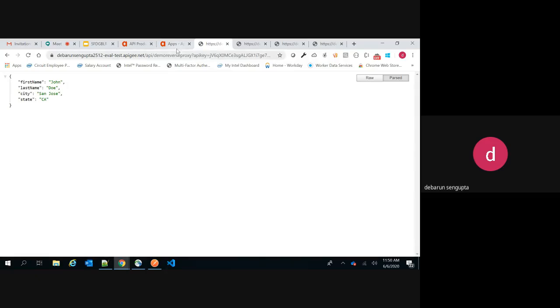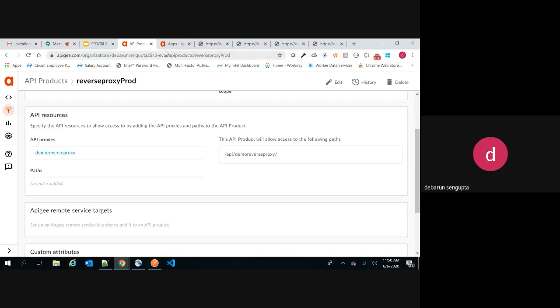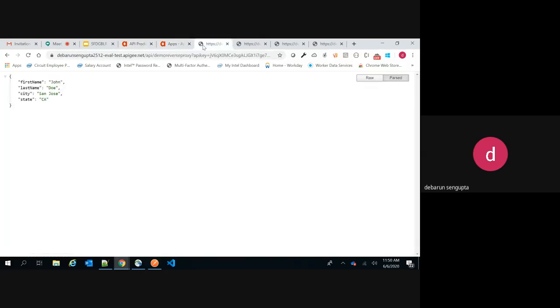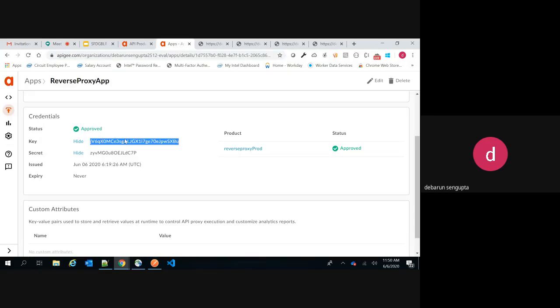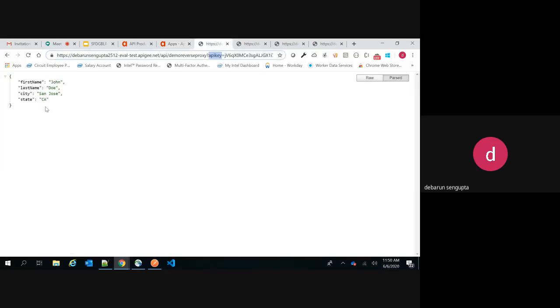Why did I pass in the query parameter? Because in the endpoint, if you remember, it was mentioned request.queryparams.api key, and this was the name of that key. I passed the API key here, and it simply took care of giving you the result. So now we can just share this, store this API key, and we will be able to do the call out to the actual service.